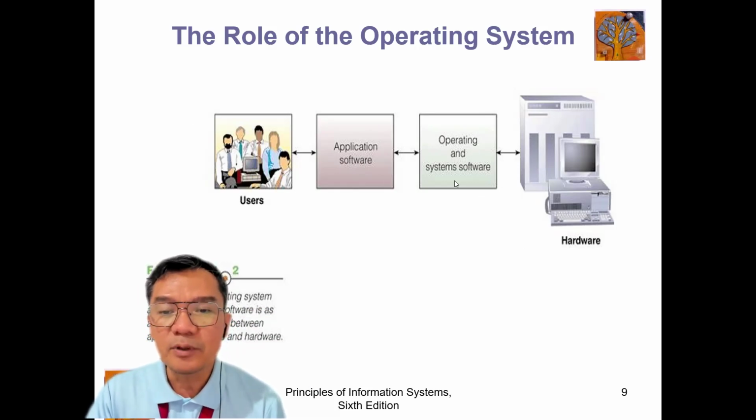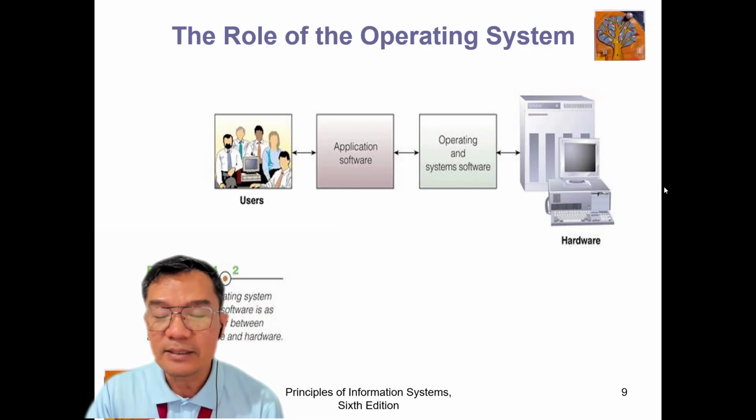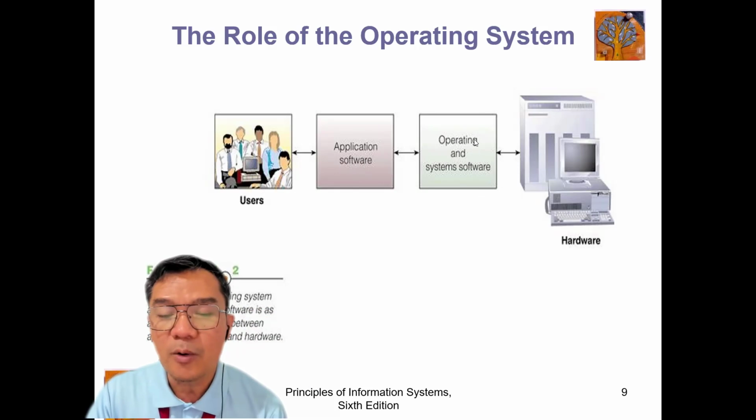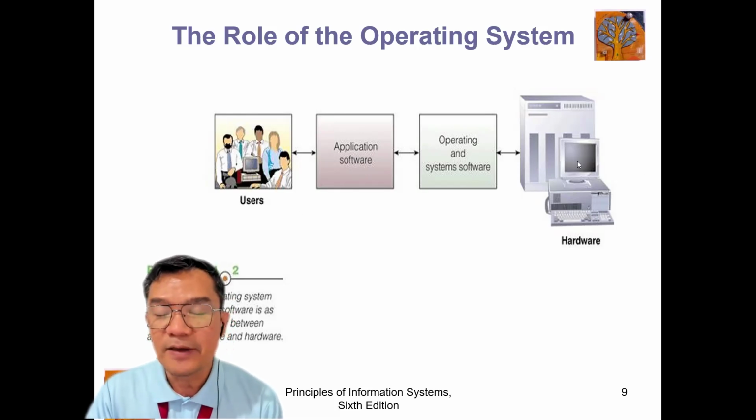So looking at the role of the operating system or the system software that we are talking about, this is closely related to the hardware. As shared earlier, the operating system is the component of software that controls the hardware part. That means it's the only software that interacts with the hardware. In the overview, as a user, we are interacting directly with the application software and sometimes the operating system before it is interfaced with hardware.